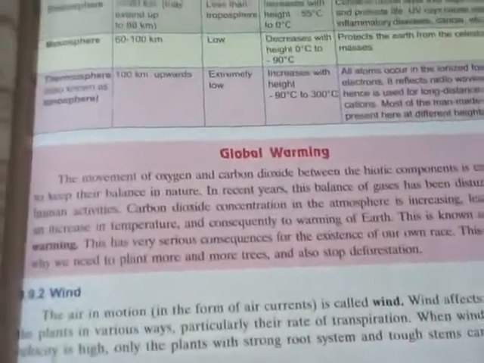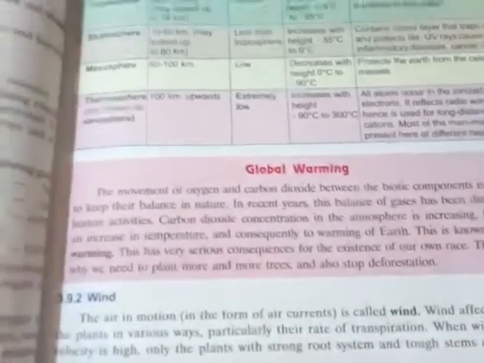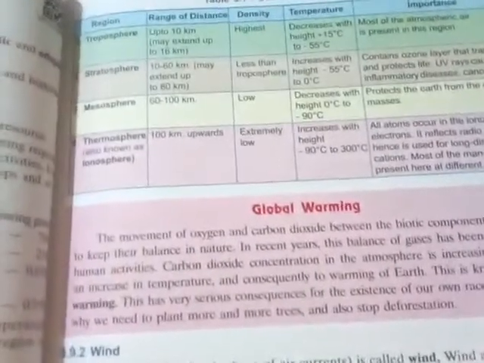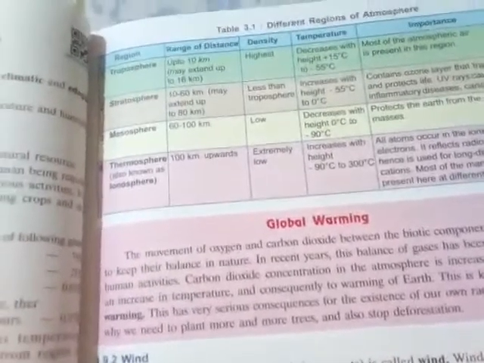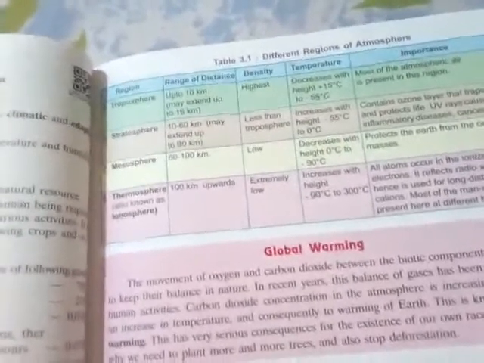Regarding global warming, we know that different kinds of rays are coming, and different kinds of rays are absorbed by our earth. But some rays are not absorbed by our earth; they are directly reflected, and at that time some gases trap this kind of energy and make the weather so hot, and that becomes the greenhouse effect. And this greenhouse effect makes global warming, because